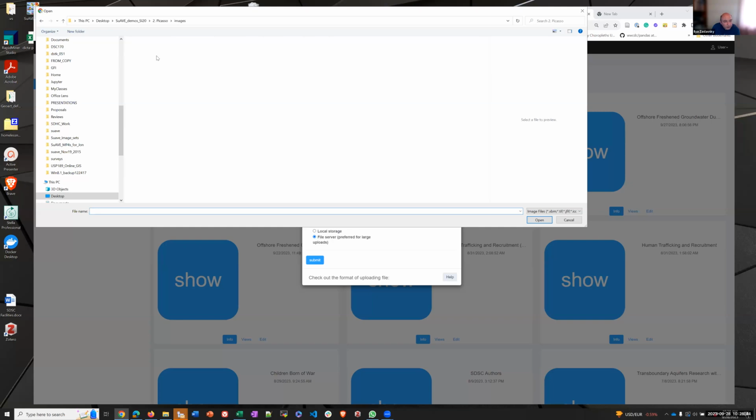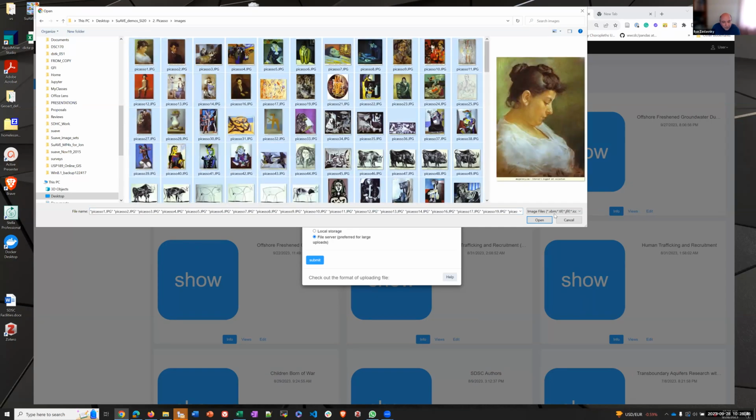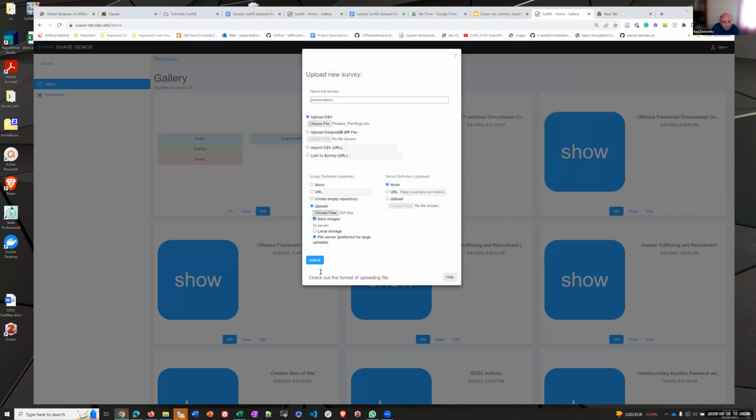And these are the images. You just select all of them, say open, click submit, and that's pretty much it. So it's like 10-minute access, 10-second exercise to create an image gallery. So if you have photographs of, I don't know, water samples or bats or any other topic that you work with,